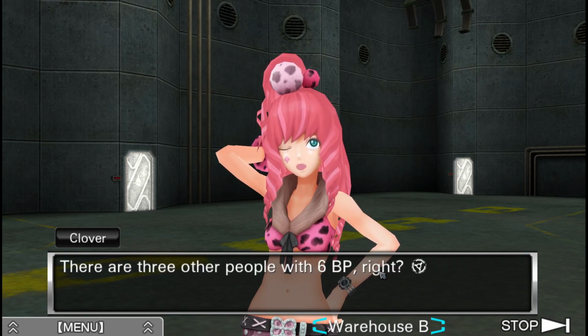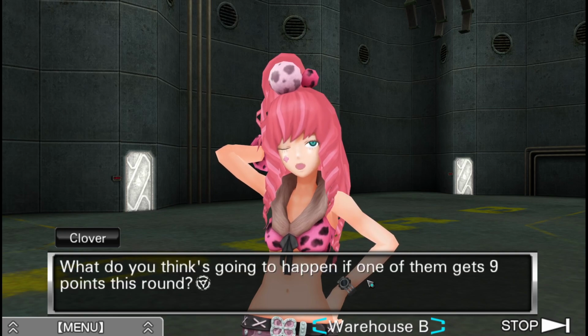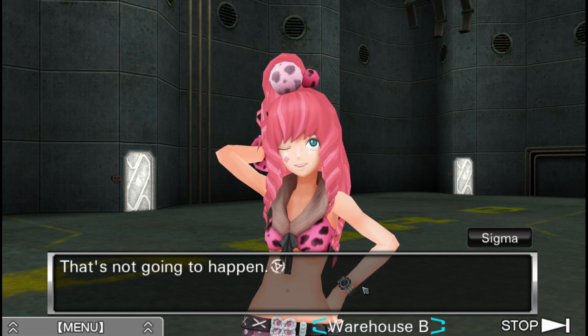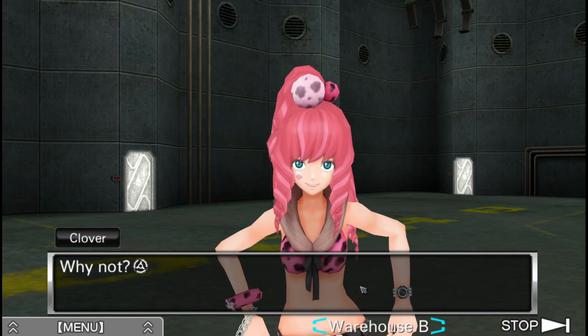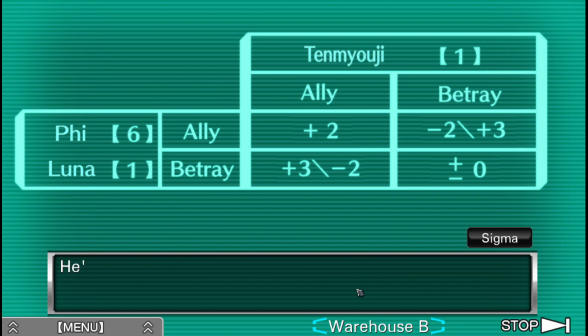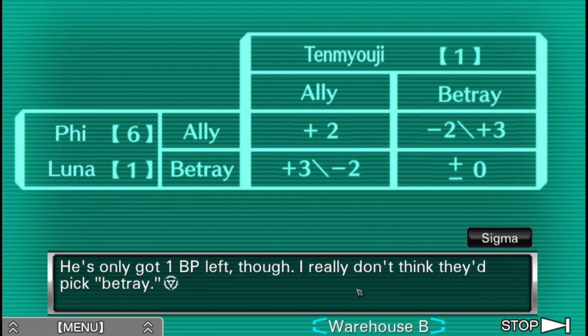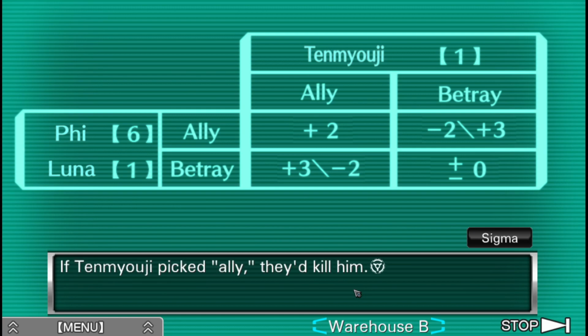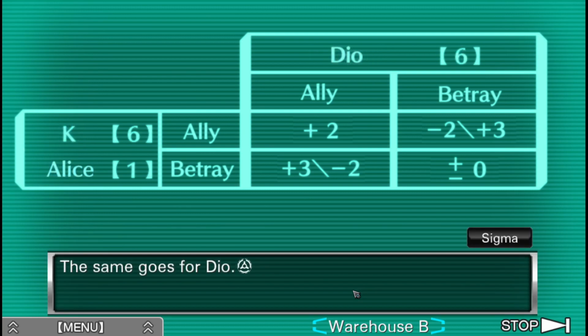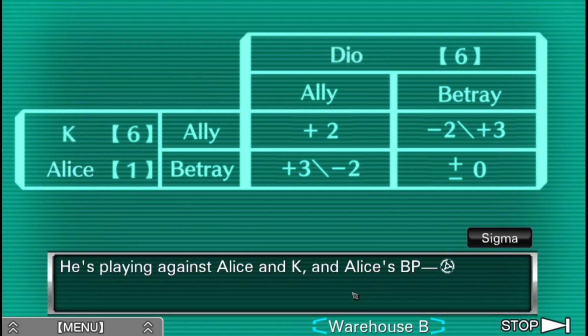There are 3 other people with 6 BP, right? Dio, K, and Phi. What do you think's going to happen if one of them gets 9 points this round? That's not gonna happen. Why not? Phi and Luna are playing against Tenmyoji. He's only got 1 BP left, though. I really don't think they'd pick Betray. If Tenmyoji picked Ally, they'd kill him. The same goes for Dio. He's playing against Alice and Kay, and Alice's BP...